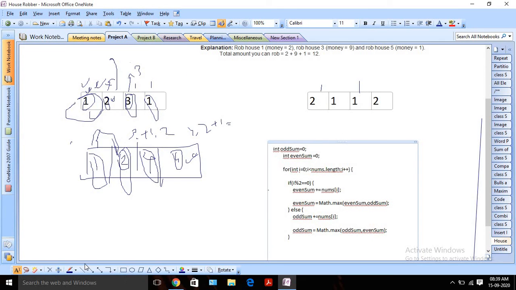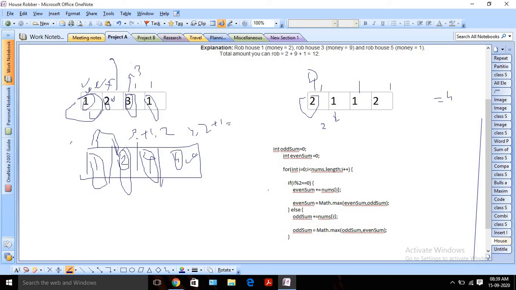Okay, so what we are doing here, so suppose this is my example, right? So in this case our answer should be 4. That means we should pick this one and this one, right? We should drop these two houses to gain the maximum profit. Okay, so what we are doing here, even day, right? So my even sum will be 2. Basically we are using two variables, even and odd, right? This is my odd day. So I have again two options. I can use this value.